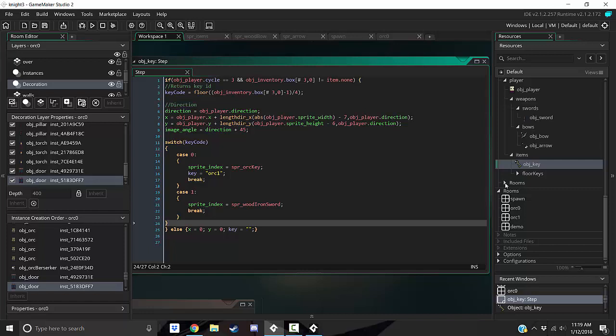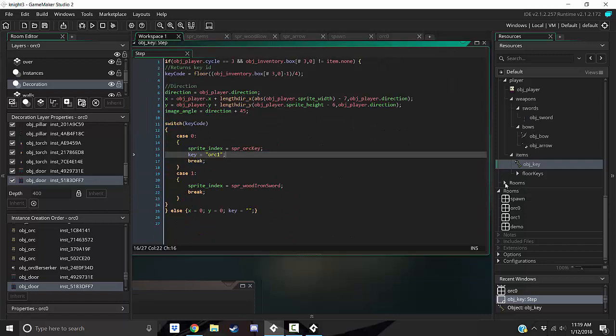And you can do tons of things with this. When a key gets dropped in the game, you can initialize the variable of the key's number code to be 0. So then when it's in your inventory, it's 0, and then when it's here, it's going to be 0, and then it's going to activate this key code. So it's really simple because whenever I want to add a new key to unlock a door, I just have to add a case here,